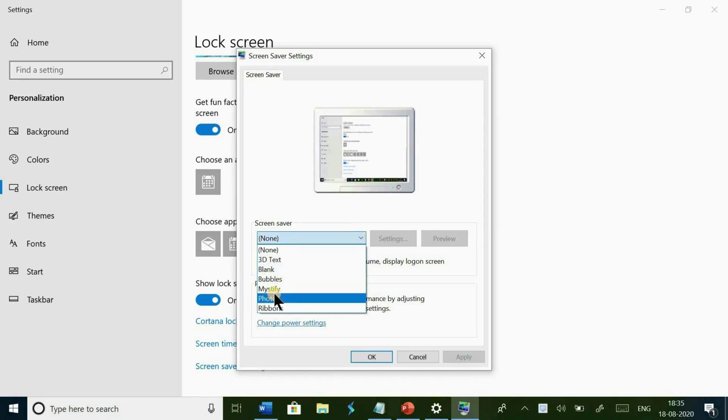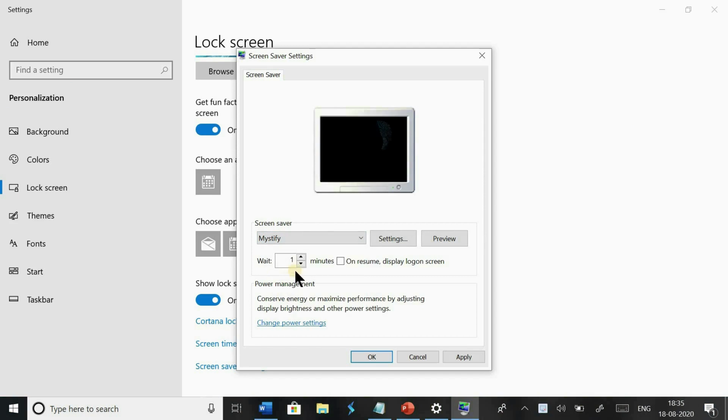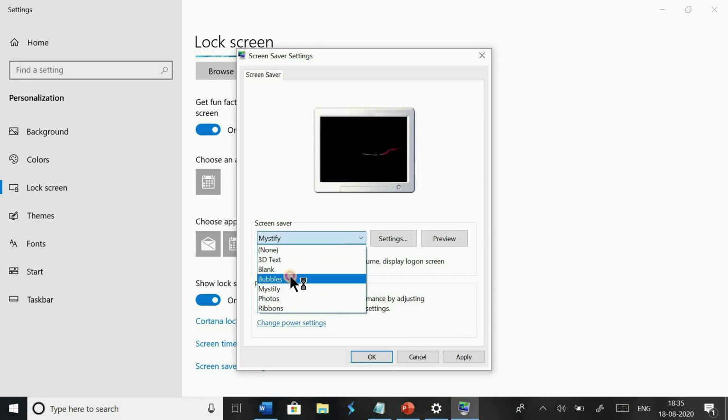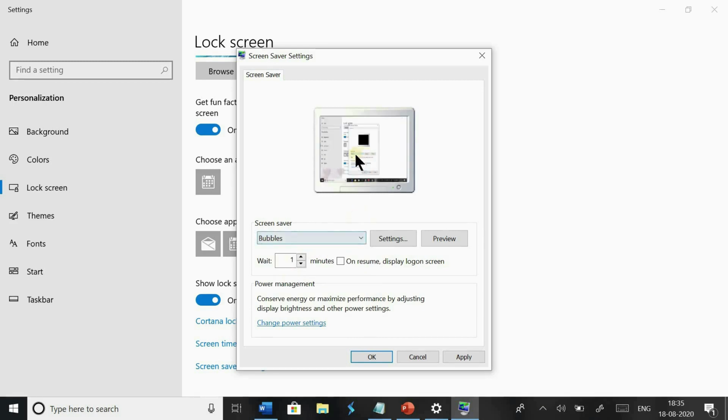From here we can select any screensaver effect, Mystify or Bubbles. Like this we can select any one. We can set the duration, the wait time here.